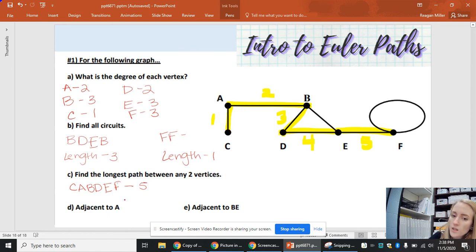If we're listing the edges that are adjacent to vertex A, that's going to be any edge that includes vertex A. The edges or